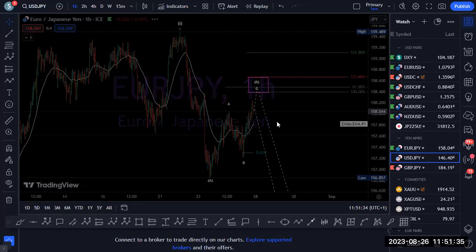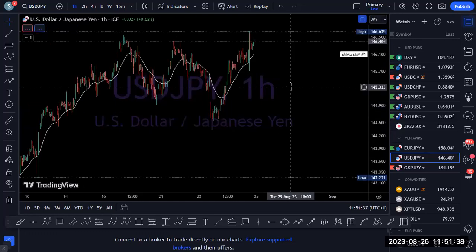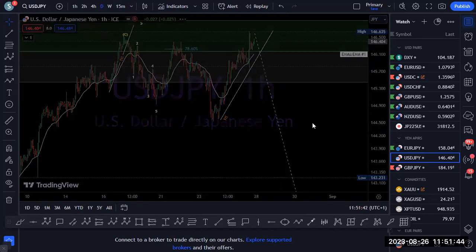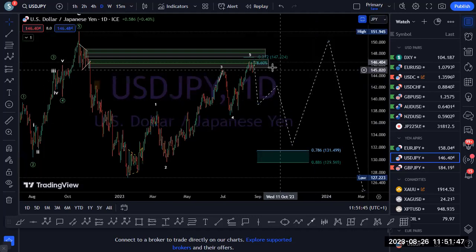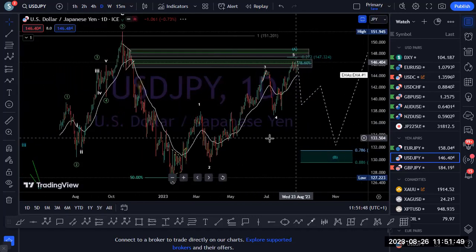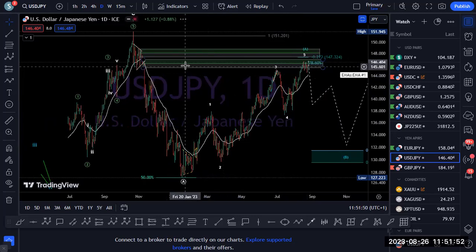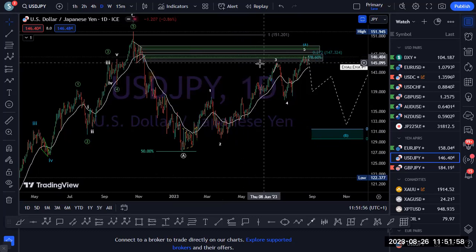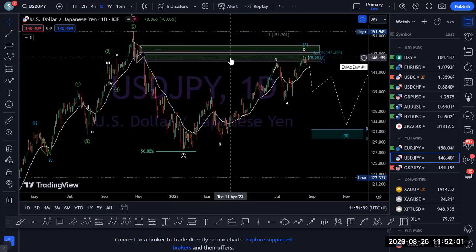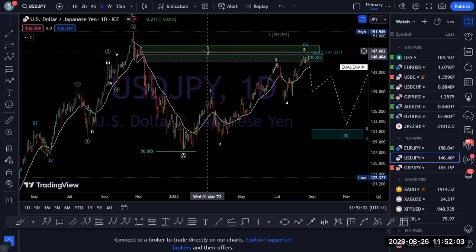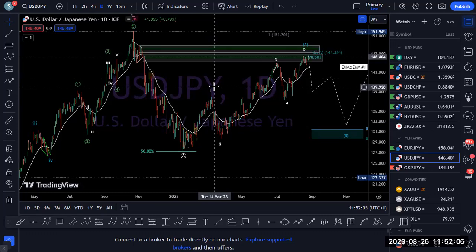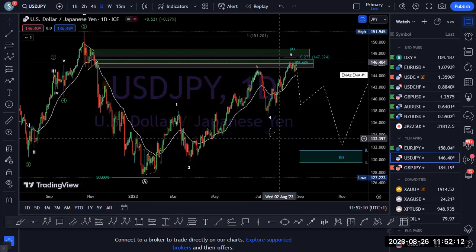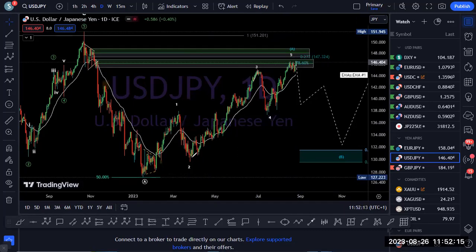USDJPY. Among all the yen pairs, USDJPY has been the strongest. Let me show you daily. Here again, I spotted order blocks. For those who are good in order blocks, we have order blocks here, which the price is here already. If it will reverse, it means that this one is where it reversed, or it may still go up. We have order blocks here. So my advice is that buying USDJPY from here is not advisable. The best place to buy was here,